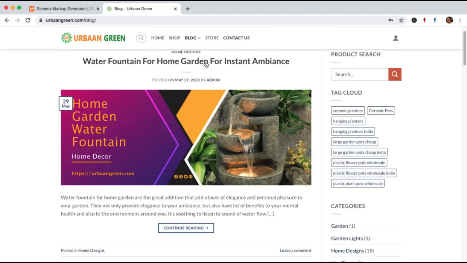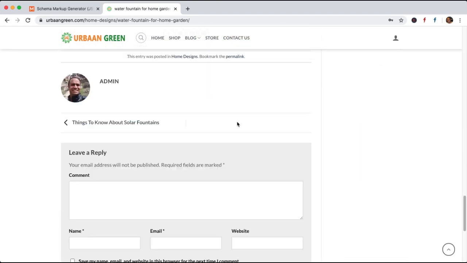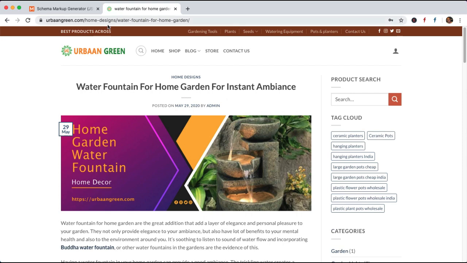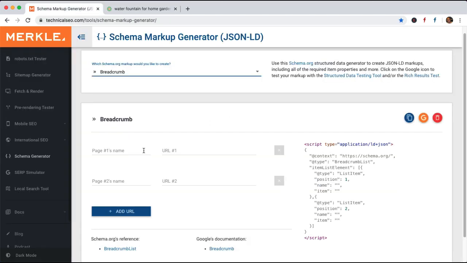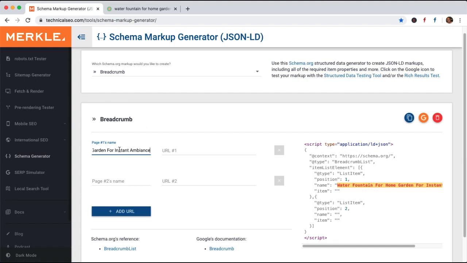If you look at the breadcrumb: home design, category, and then water fountain for home garden. So what I will do here for page name is take this, copy and paste it here.